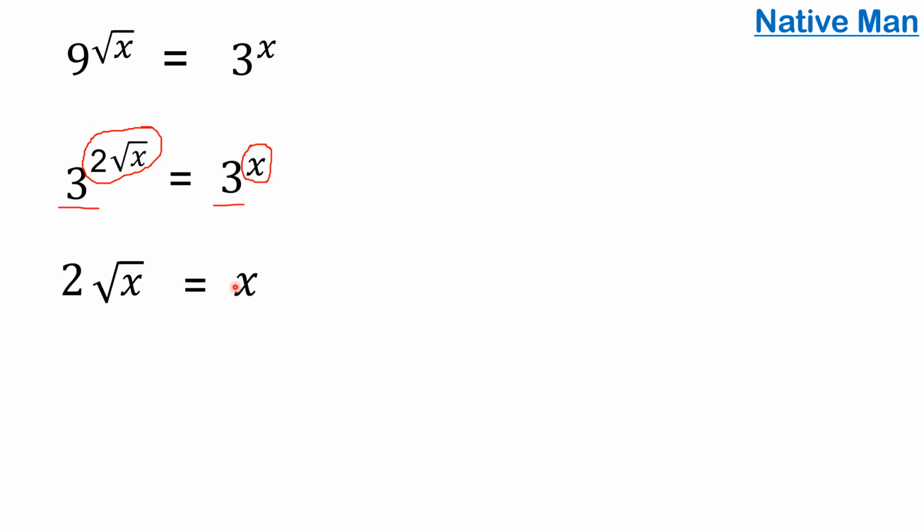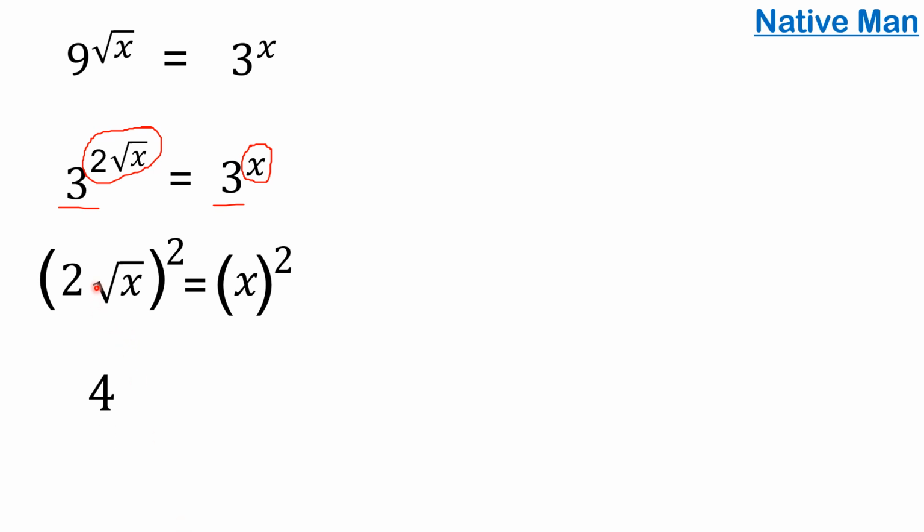To solve for the value of x, we have a square root here. To remove this square root, we are going to square. Since we square the left side of the equal sign, we are going to square also the right side, so that the equation stays balanced. Simplify 2 square root of x, squared. You distribute the exponent. The first number here is 2 squared. What is 2 squared? That is equal to 4.